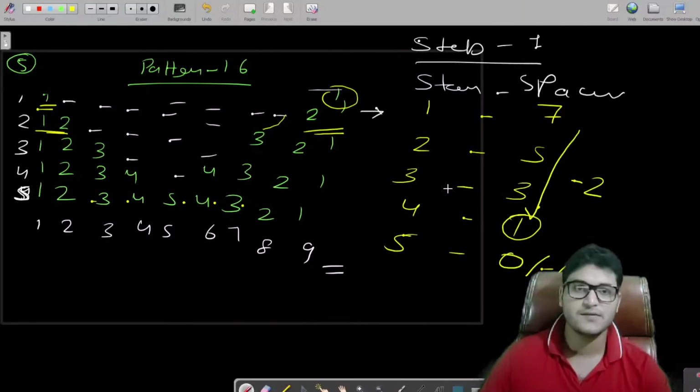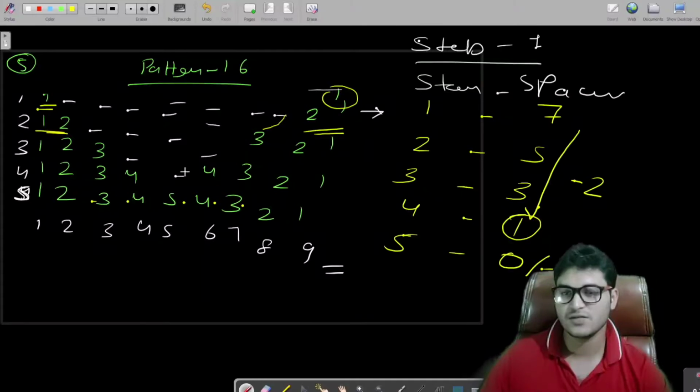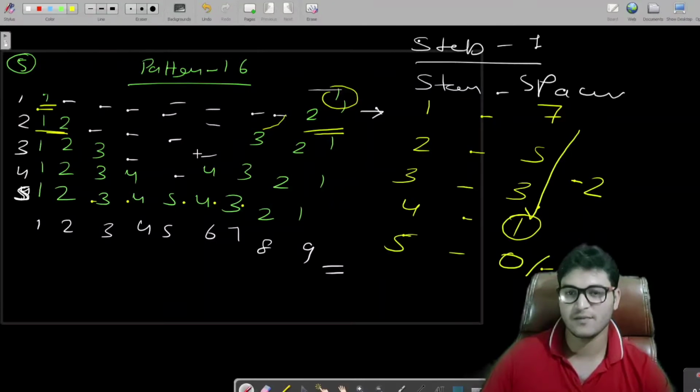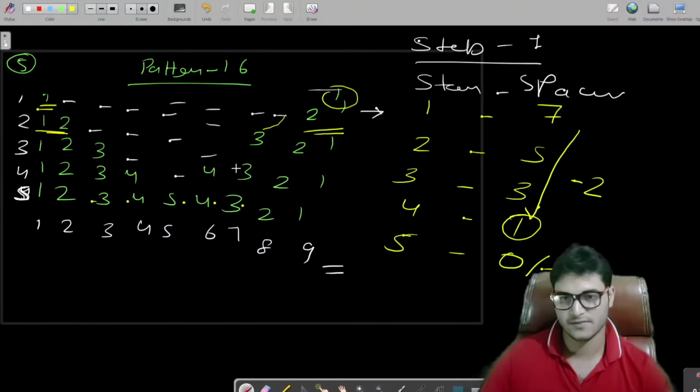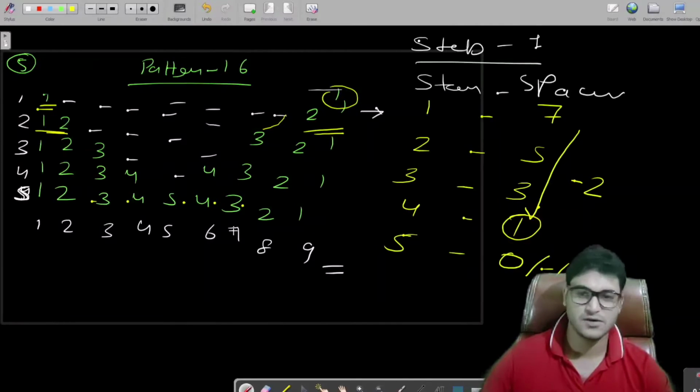So till now what we have seen, the number of stars and the number of spaces in each row. Fine. And we will use the same logic for printing the shape with the help of stars. For printing this kind of shape, whatever the shape we have to print, we'll print the shape first, and after that we'll replace the stars with the numbers. Fine. So we'll have to worry about the spaces and stars. So let me draw the shape first, and we'll discuss after that about the remaining program.